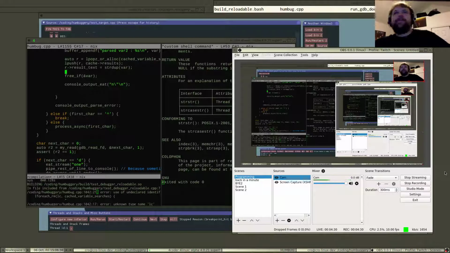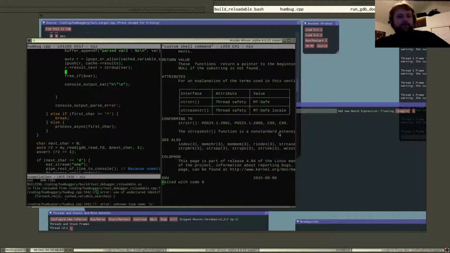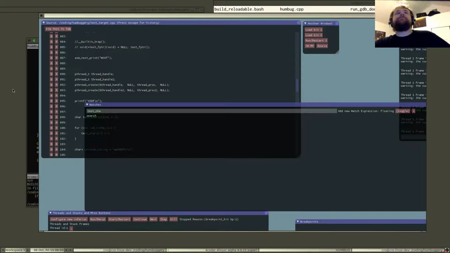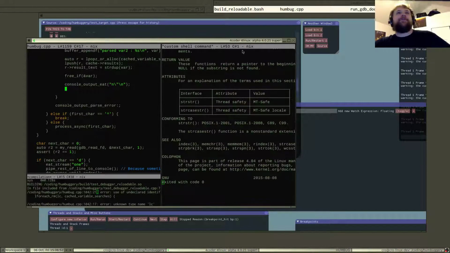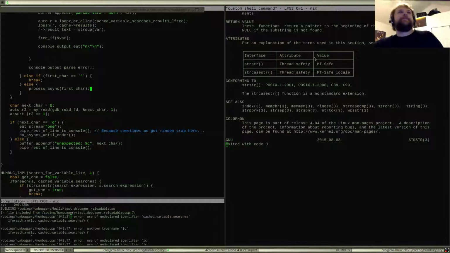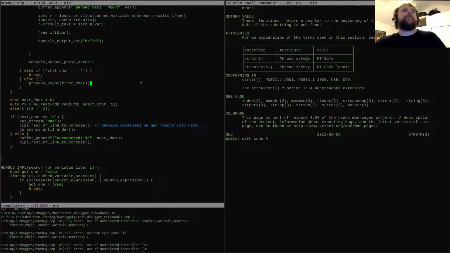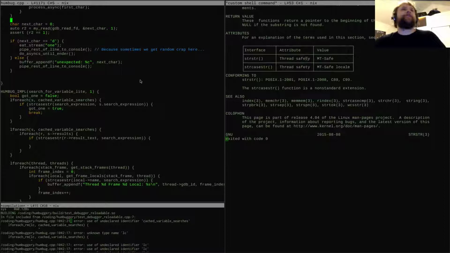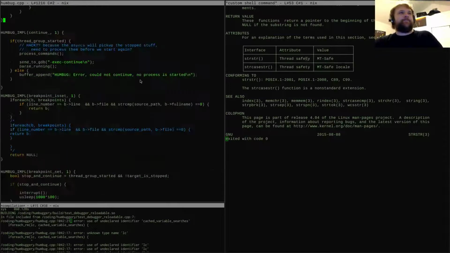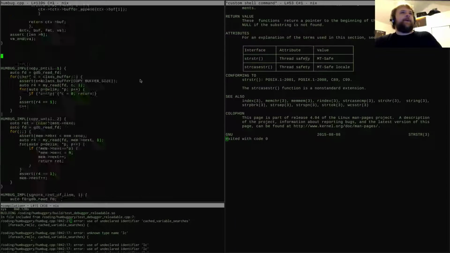Okay. OBS, you can go away now. We don't need you in the foreground. All of the text is super huge now. Oh, we don't want that. You want this. Okay, dokie.